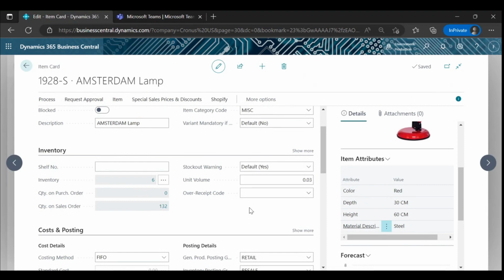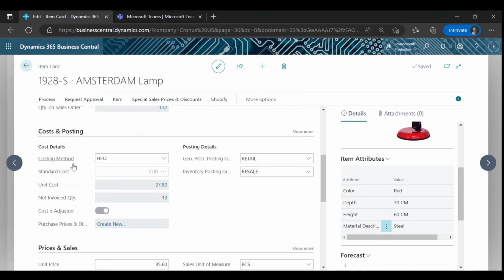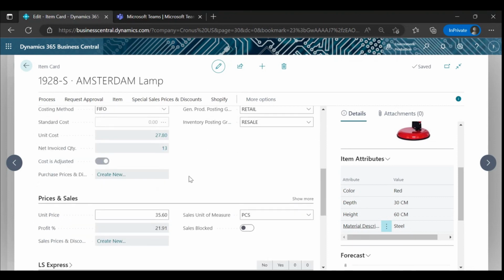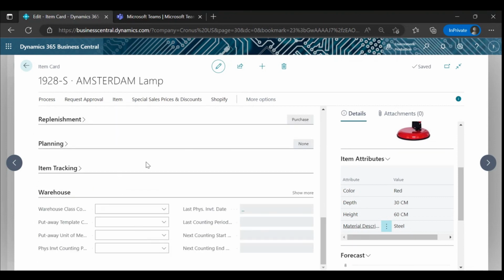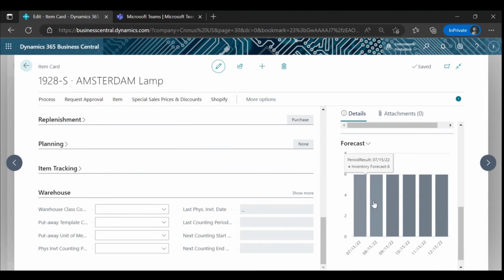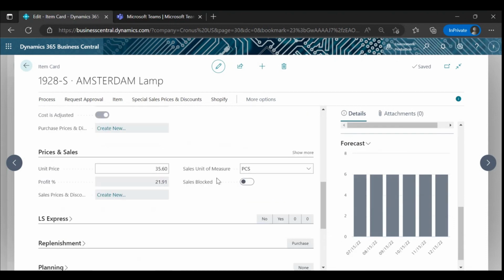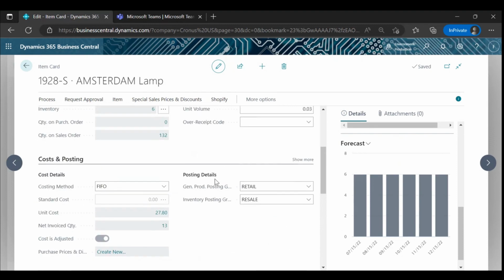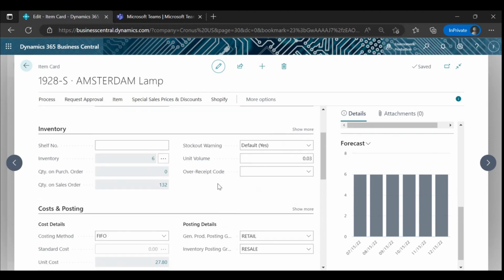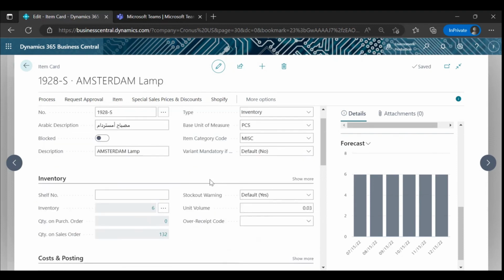So whenever your stock is out, it will give you immediately a warning that you don't have this particular stock. Then you have costing features, you have pricing functionalities, you have other replenishment things, you have forecasting of this particular inventory. So there are really good features when it comes to inventory management of Dynamics 365.